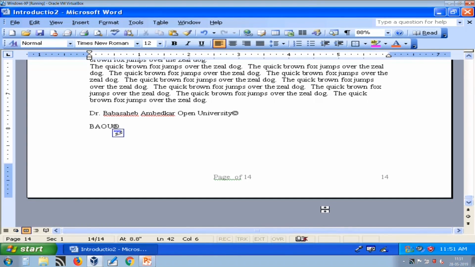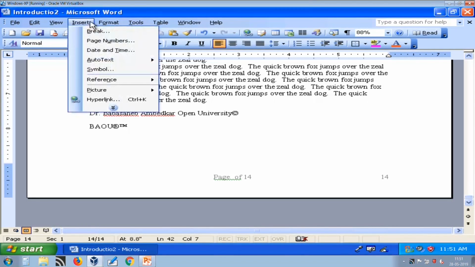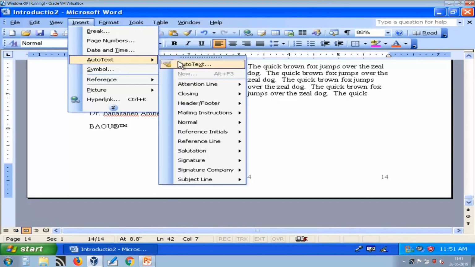So this is how I can replace R, and if I type TM, then it is a trademark. So there are some predefined entries available in autocorrect that you can see from insert auto text.